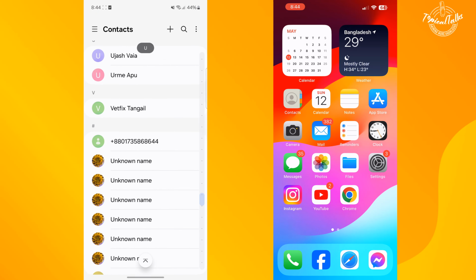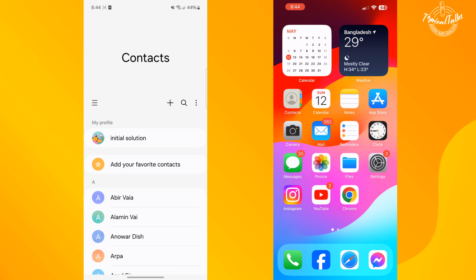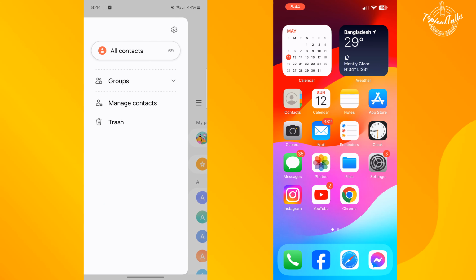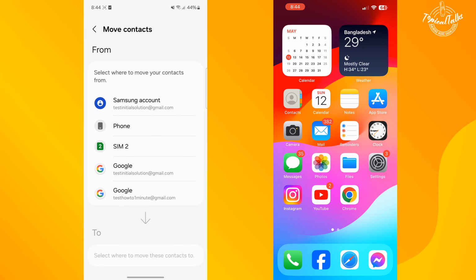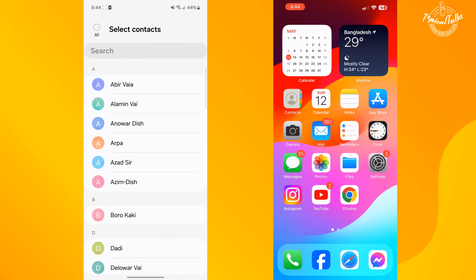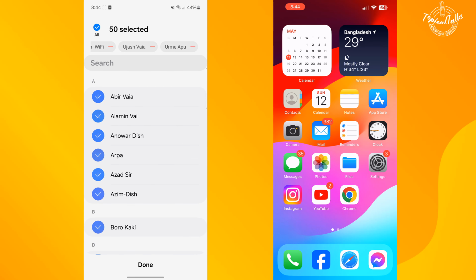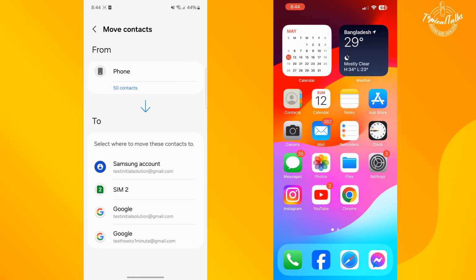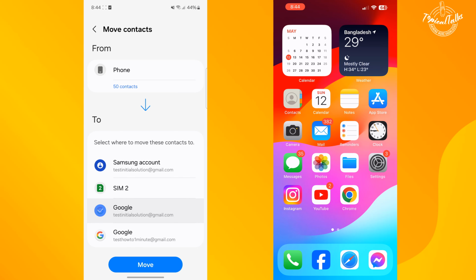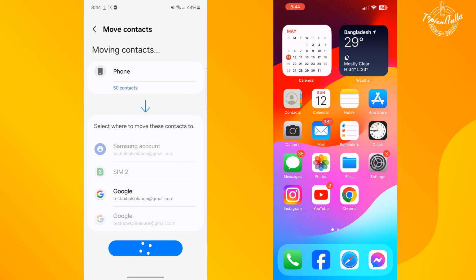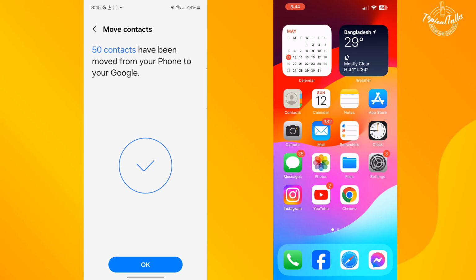Now, tap on this hamburger menu at the top left corner, and tap on Manage Contacts. Here, tap on Move Contacts. From, select Phone. And to select all contacts at once, just tap on Select All, tap on Done, and you have to select the Google account. So I'm selecting my Google account here and just tapping on Move to move all of my Samsung contacts